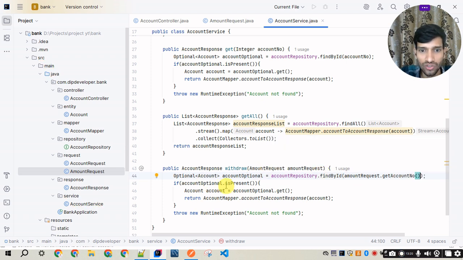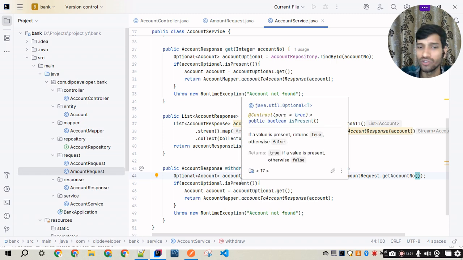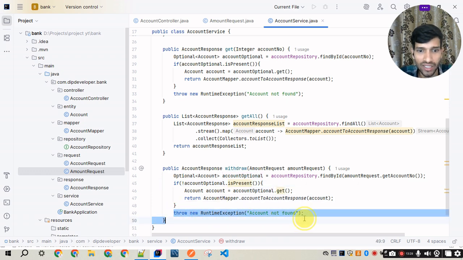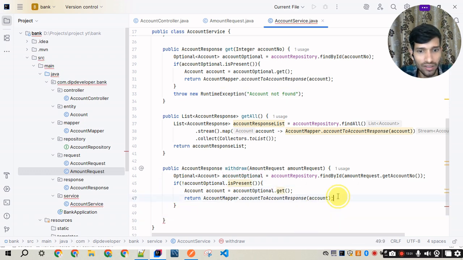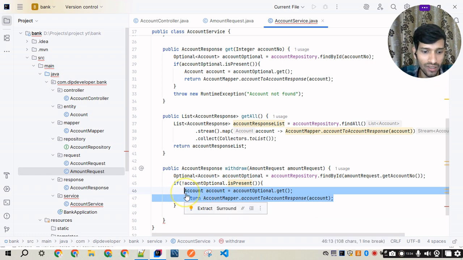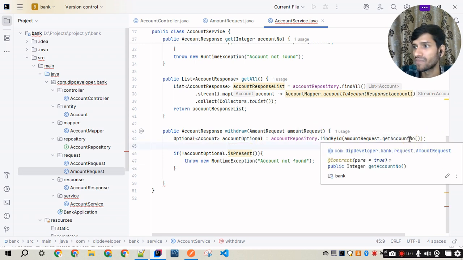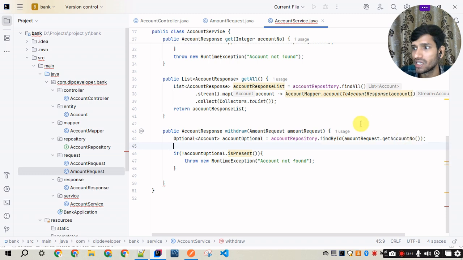So if it is not present, we will check. If not present, then we will directly return that the account ID is not present, right? Account not present. And this is one condition. Next, we will check that if the requested value is greater than the amount that is present, then we will throw insufficient balance. So for that first we will fetch